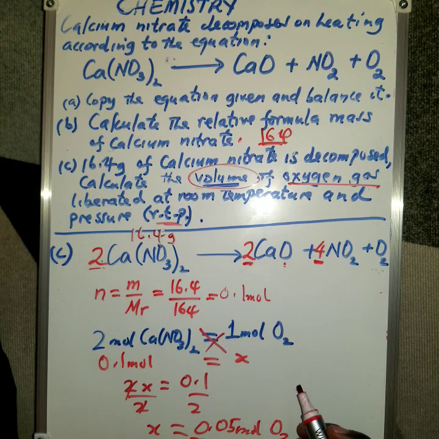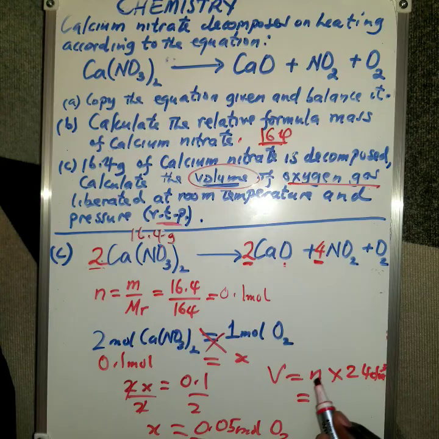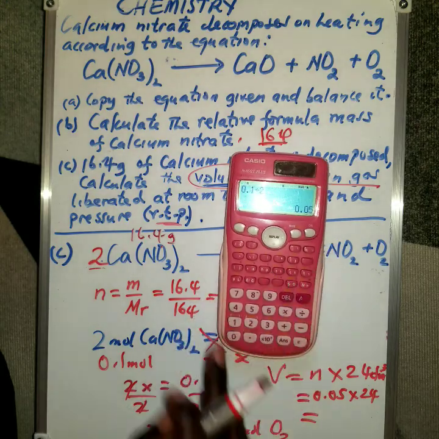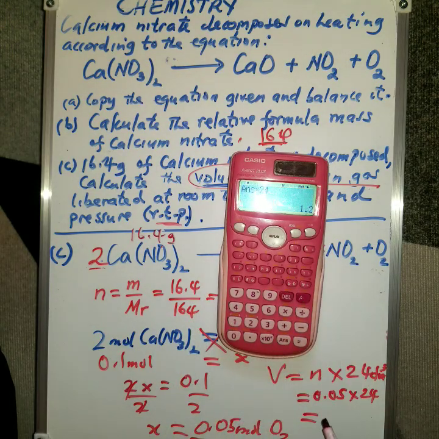So now to find the volume, remember volume is equal to number of moles times, since it's at RTP, 24 cubic decimeters. So that is going to be 0.05 multiplied by 24. If you multiply this by 24, it will give you 1.2